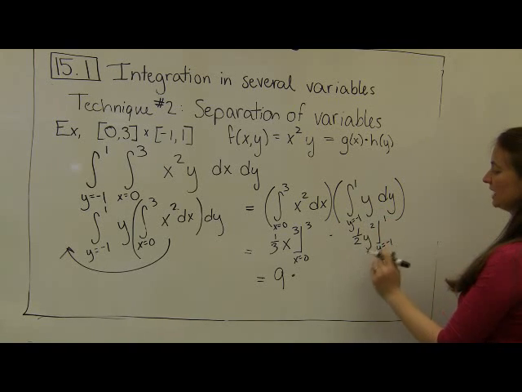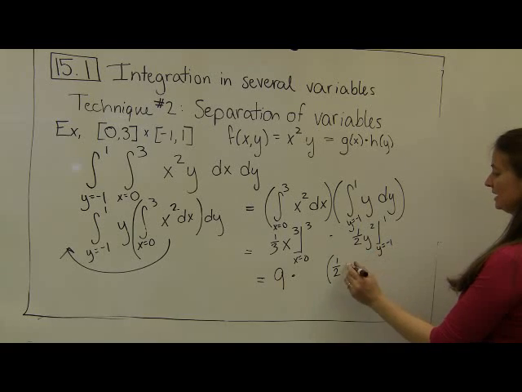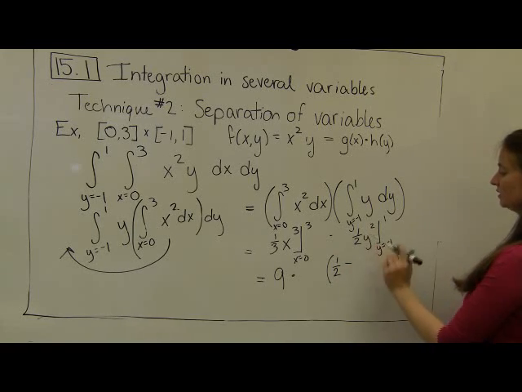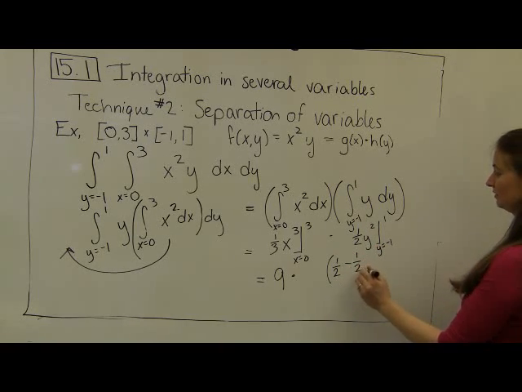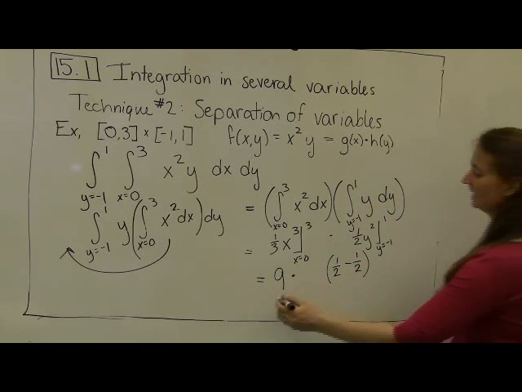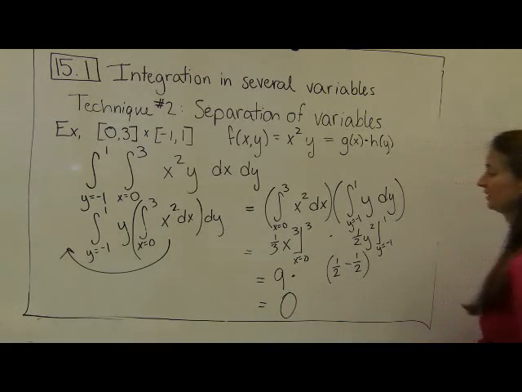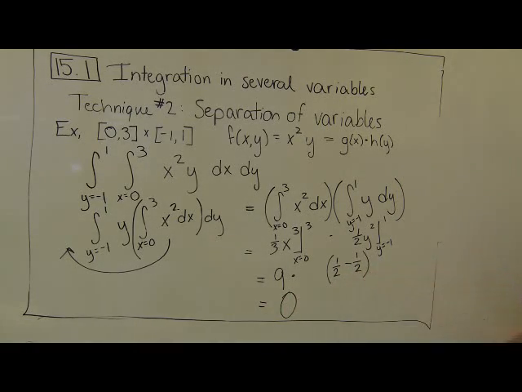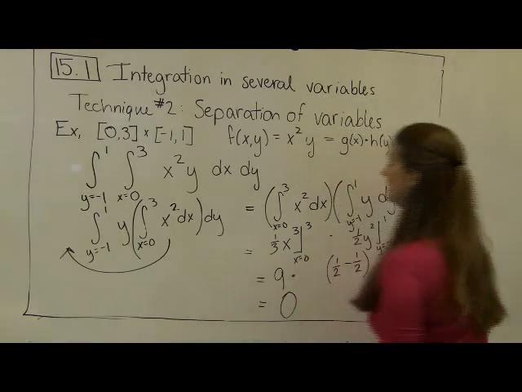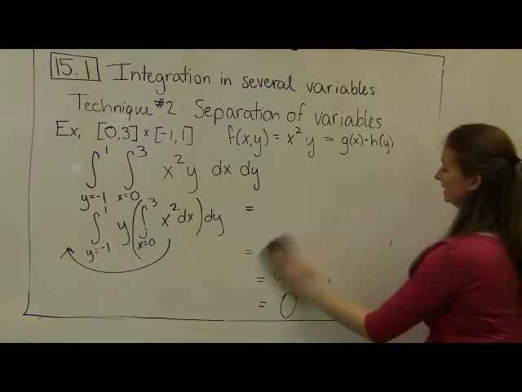I plug 1 in and I get 1/2. And then I subtract. When I plug -1 in, I also get 1/2. Oh, maybe I shouldn't have picked symmetric bounds because it's sort of boring. And I end up with 9 times 0, which is 0. But the moral of the story is, and this is what we'll generalize, the moral of the story is the fact that,